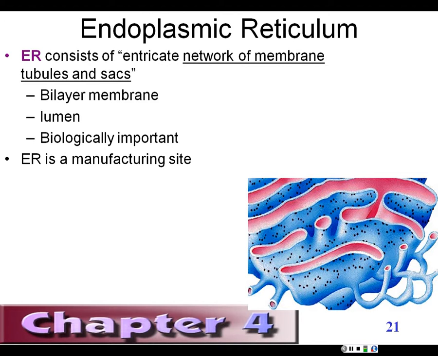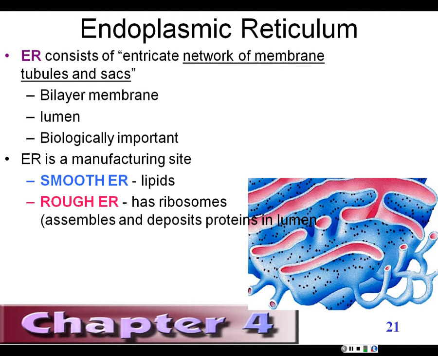So it's a manufacturing site. We said there's two kinds. The smooth, that's going to do lipids and some carbohydrate molecules. We said the rough, we know that it's going to deposit the proteins. Okay? And we know we need proteins because we need proteins for receptors, we need proteins to act as enzymes, we need proteins to act as signal molecules, we need proteins to be hormones. We need proteins for everything, okay? They have many structural molecules, so they play many roles to carry things